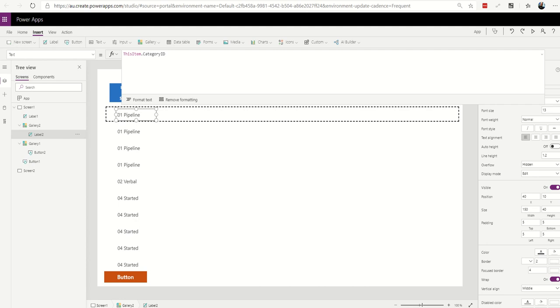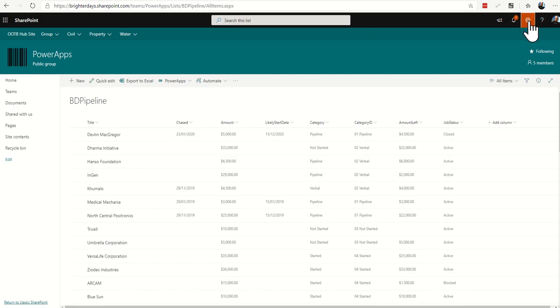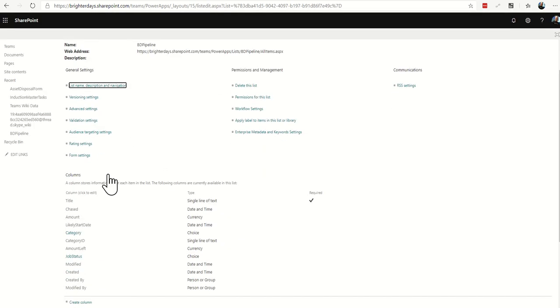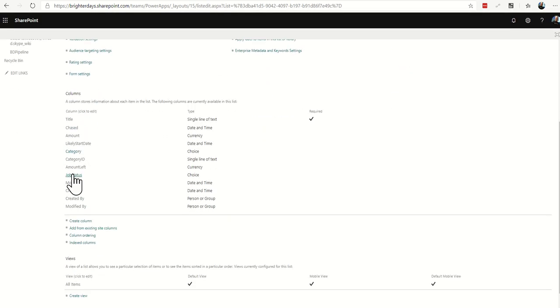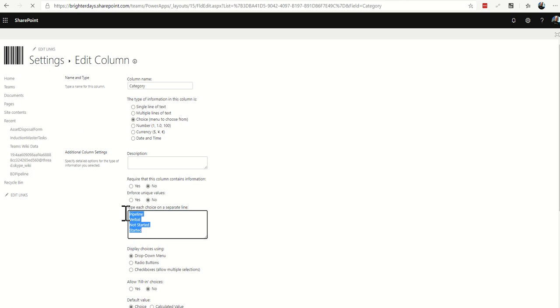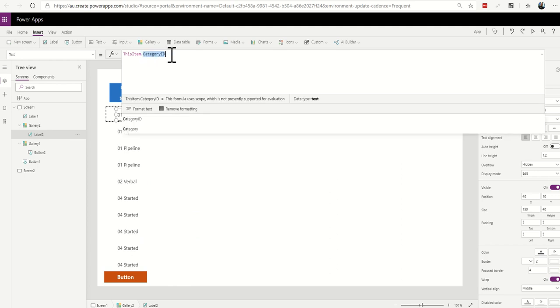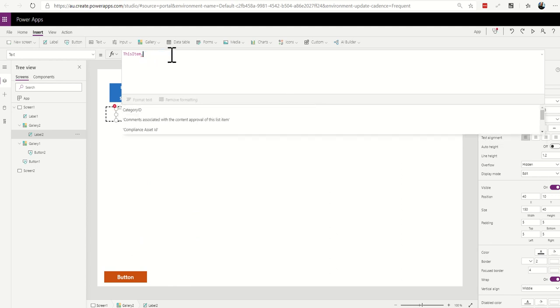status. Now, because we're talking to SharePoint, I should have showed you actually under the list settings here, the choice settings for status, or job status, or category, their choices. So this is where you've got to put in the choices, right? So sorry, I should have told you that, but then they match the other gallery, just to show you, so we know that if we're going to go and talk to SharePoint and if I do this item, sorry, category,